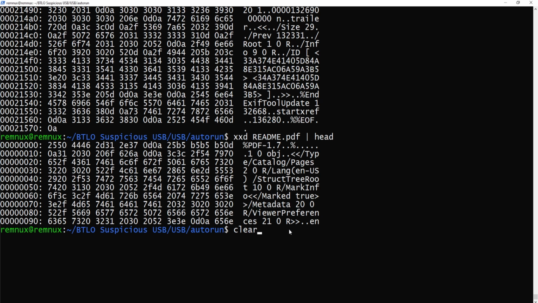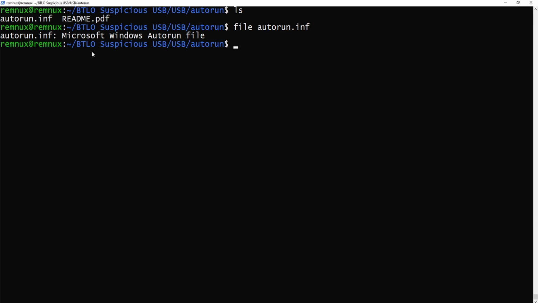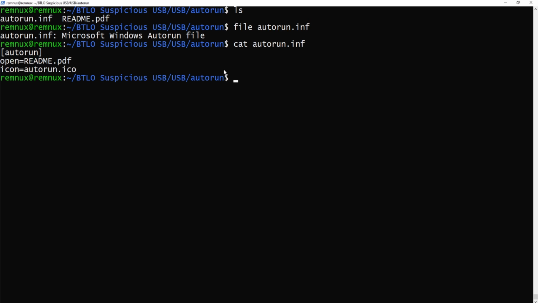I'll go ahead and clear out the screen and type in ls again. We do have another file called autorun.inf. What I can do is type in file autorun.inf. And it is a Microsoft Windows autorun file. Let's go ahead and check out what the contents are for that particular file here. So I'll run cat autorun.inf, and here we go. We do see open equals readme.pdf, where the icon is autorun.ico. By looking at this, we can assume that once this USB was inserted, it would automatically run and open this